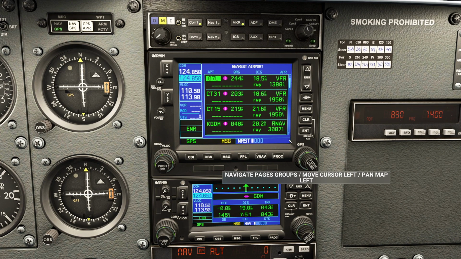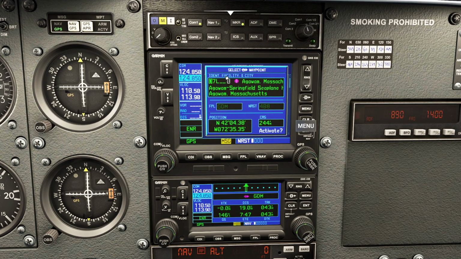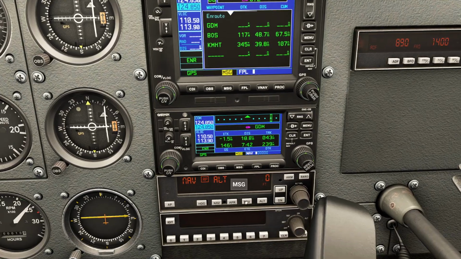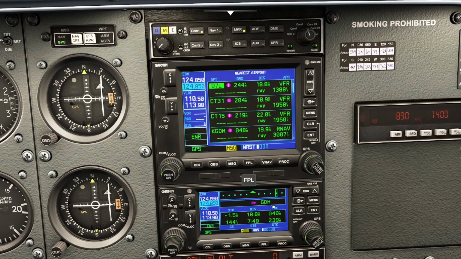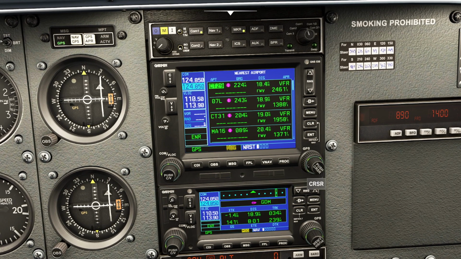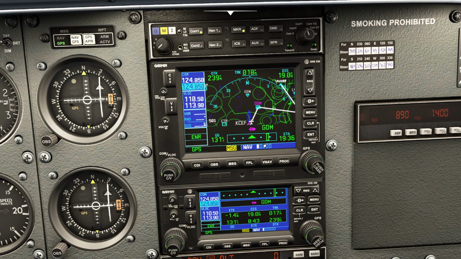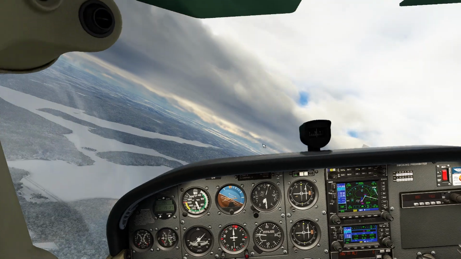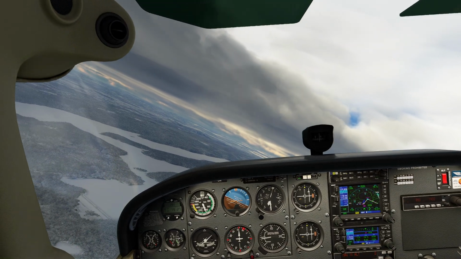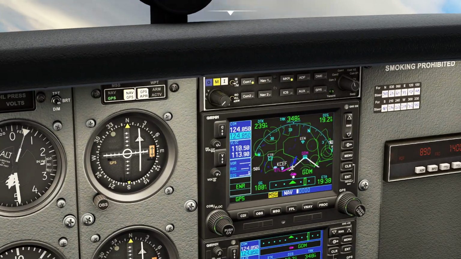But let's say I pick that runway. So I'm going to go over here and press the direct button. It's going to preload it into my select waypoint. I'm going to press enter. I'm going to go ahead and now make sure we're in navigation mode, which we are. I can shut off FPL mode. We're going to go back a couple pages, and what you're going to notice is that it's automatically selected that airport, and the aircraft, since I was already on navigation hold mode, is now snapping itself around to line itself up with that runway